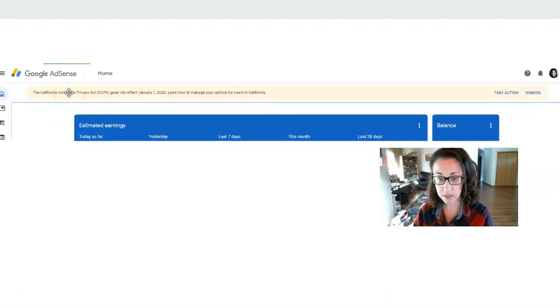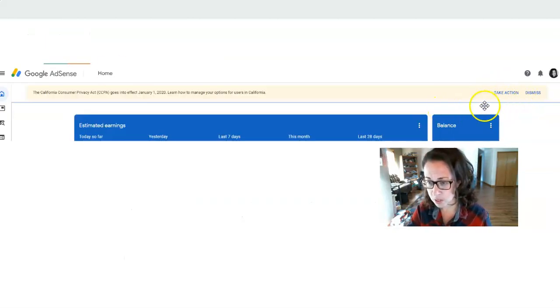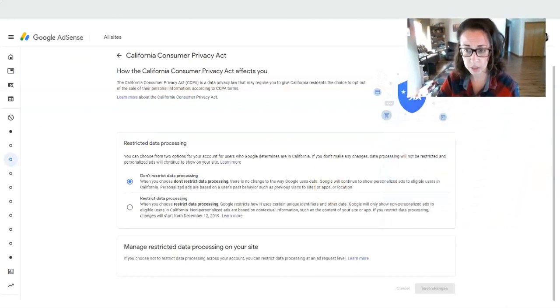So the alert looks like this in my account, and naturally there are other things in my account that I just don't want you to see, so I have whited that part out. But anyway, once you click on that little spot, you have the option to take action or to dismiss. If you dismiss it, I want to say I've hit dismiss, and the thing didn't go away. It came back right here. So I clicked on take action, and this is what it shows me, and I'm going to move my face out of the way. It gives you the option to address the restricted data processing, and